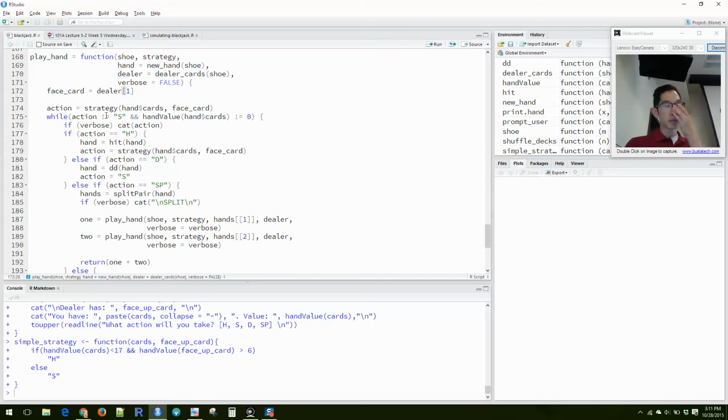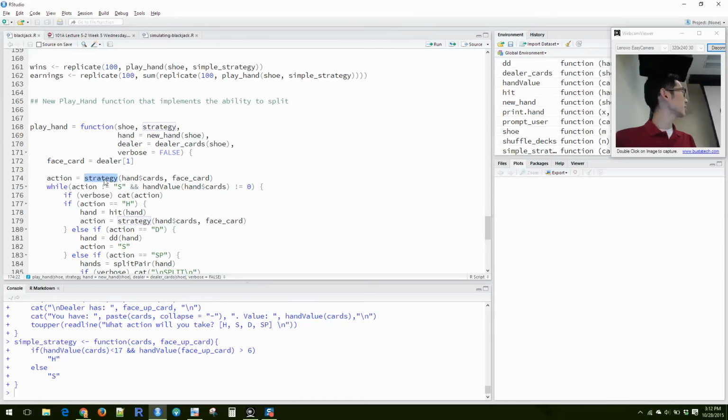We take the cards in our hand and the dealer's face-up card, and we decide what to do. So based on this action, which is a function, it's called strategy,